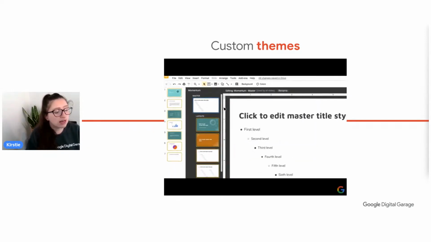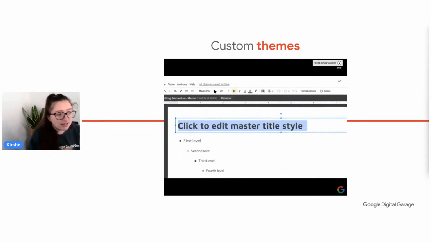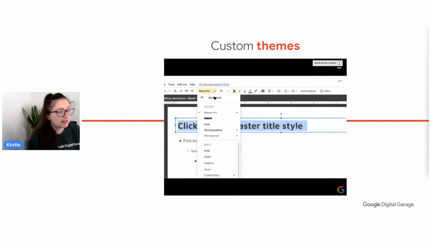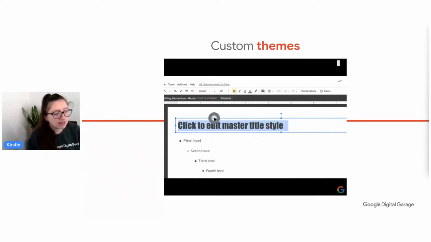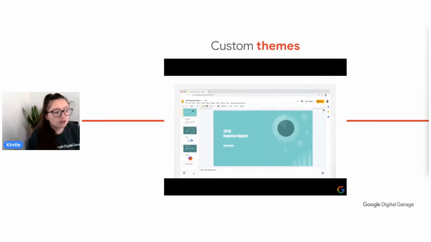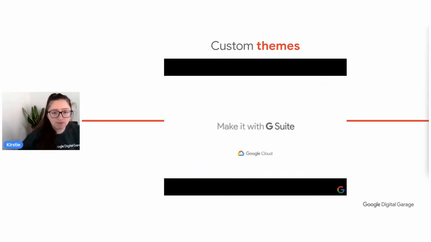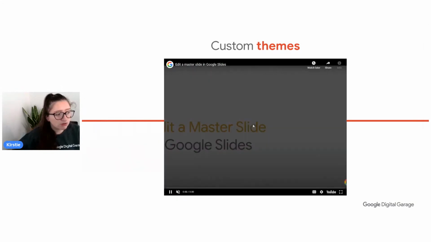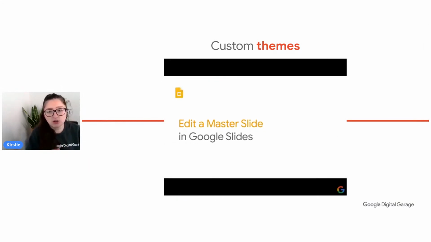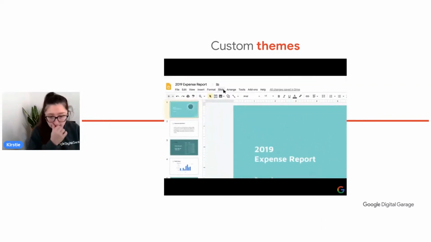What this will allow you to do is click that very top panel on the left, and anything you change, you can see that it's the main titles, first level, second level, in terms of those bullet points. You can then change all of those fonts, the size of those fonts, anything you want. You can change anything you want within that master slide, and once you have changed it,